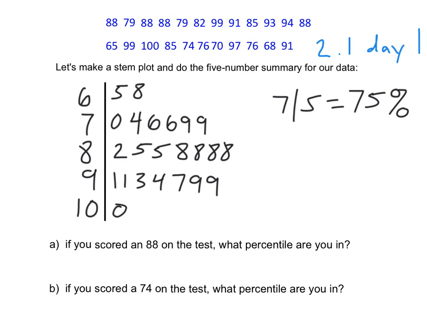All right, here's 2-1 day one. Really two topics, three I should say, kind of two. We are getting into distributions, okay? Which, if you need to go back to chapter 4 in your book and check out that definition, do it. A distribution is a description of the outcomes a variable can take on and how often